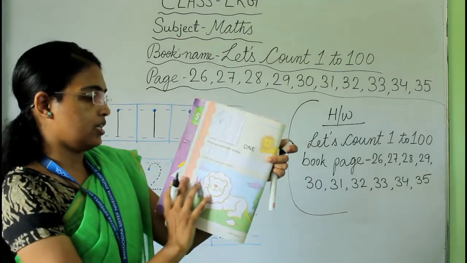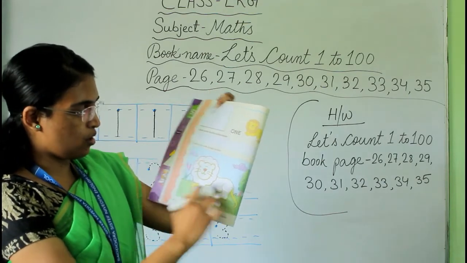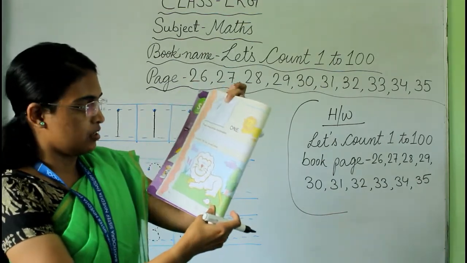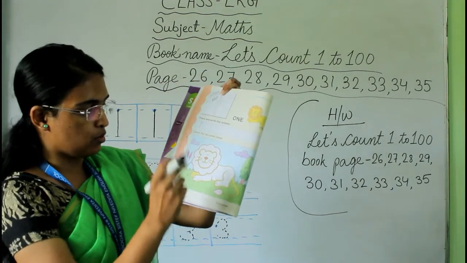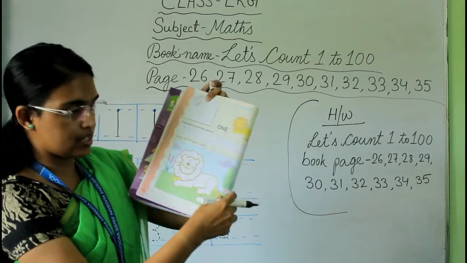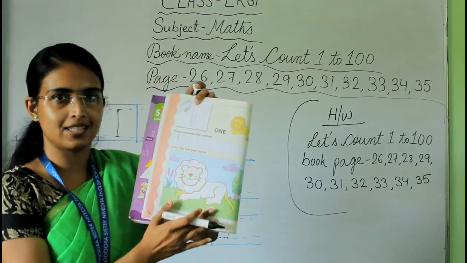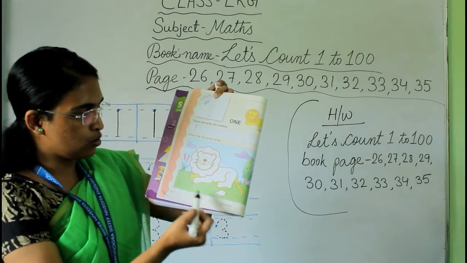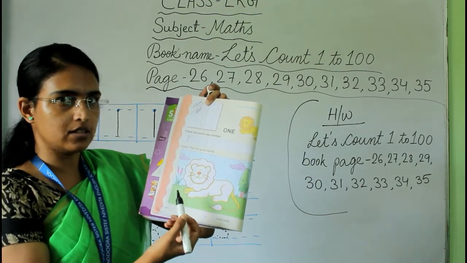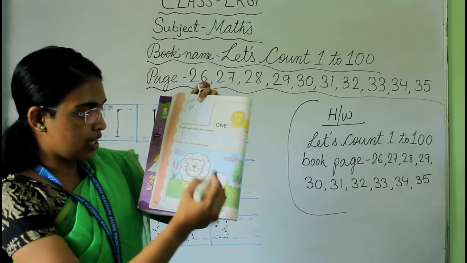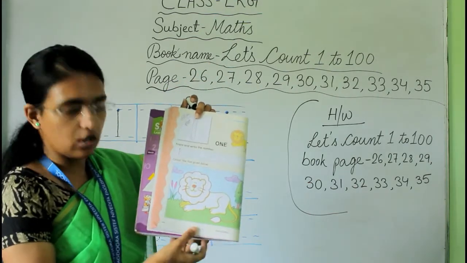Okay. Now after this, what do you have to do? What is this? Oh, this is a lion, right? So how many lions can you see here in this picture? Count. 1. Is another lion there? No. That means in this picture only 1 lion is there. So what do we have to do? We have to color the lion. You all know how to color the lion? Yes? So color this lion, okay? Then this page is your homework.